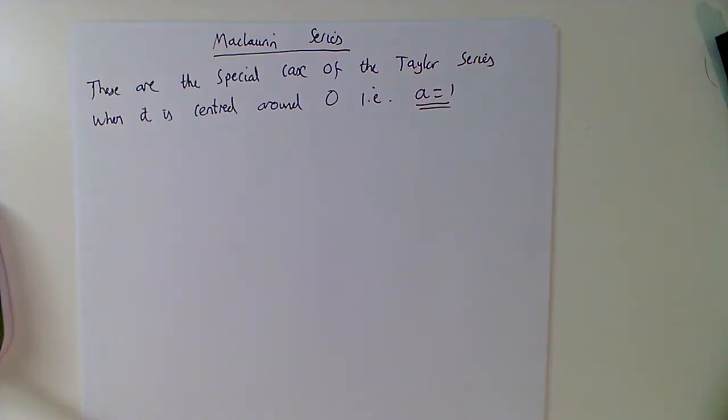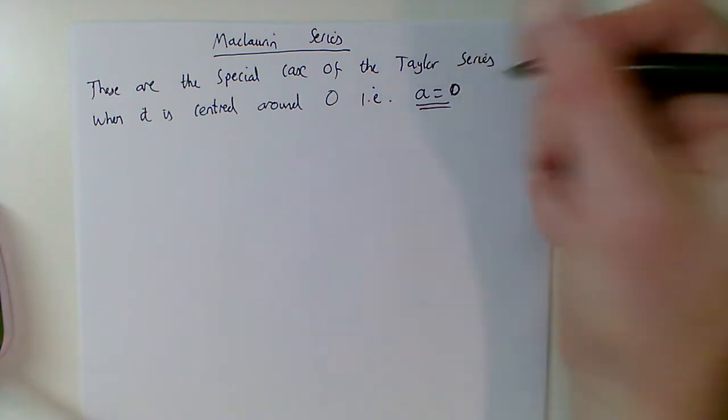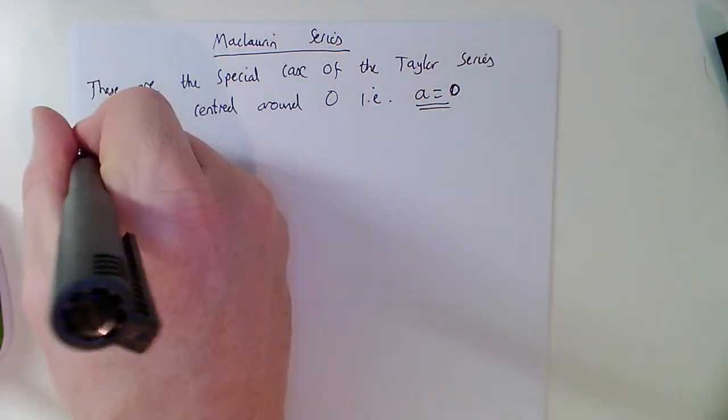Maclaurin series. The first thing we need to know about Maclaurin series is that they were discovered, I suppose, by a Scottish mathematician, Maclaurin, and they are a special case of the Taylor series, when the Taylor series is centred around 0. So just before and just after 0, these should be a pretty good approximation to sin, cos, tan, exponentials, logs, all that kind of stuff. Maybe put a equals 0. Right, so a formula